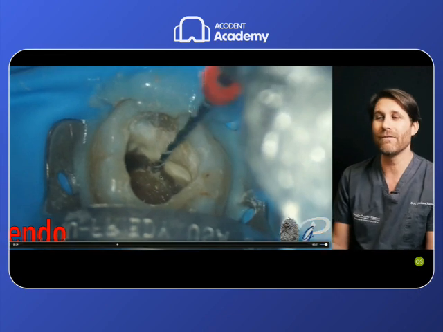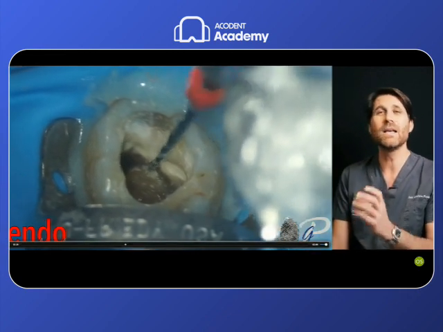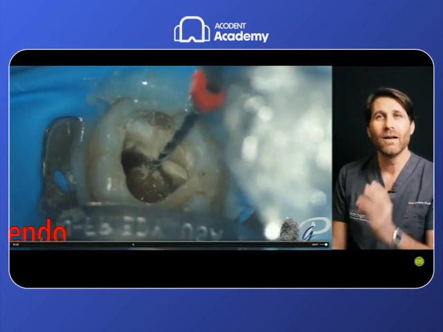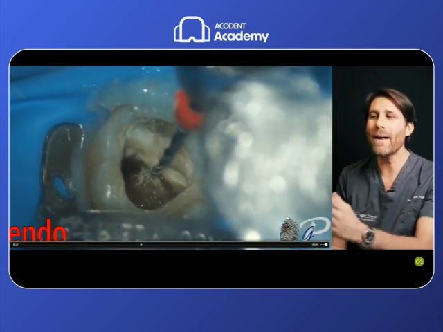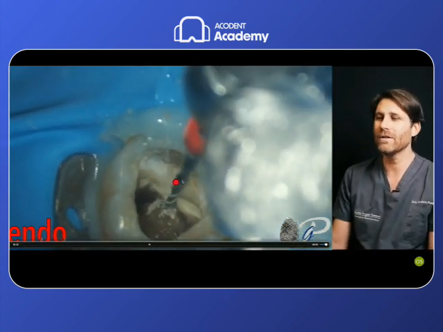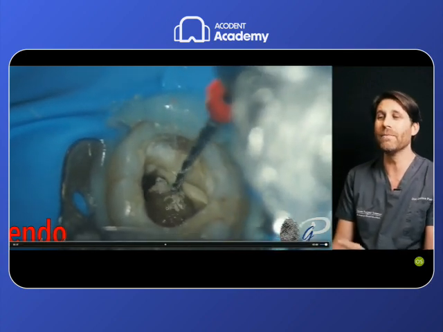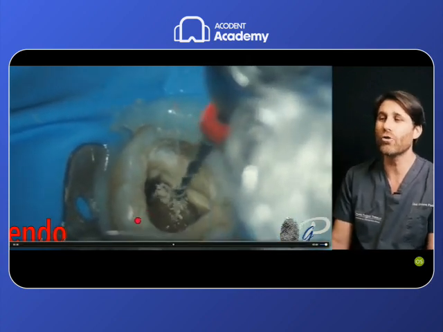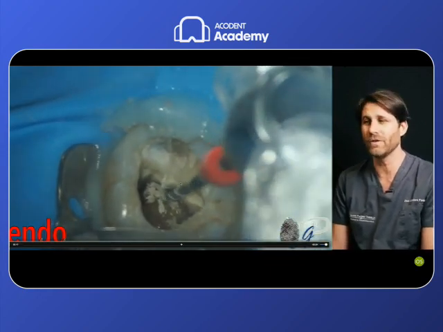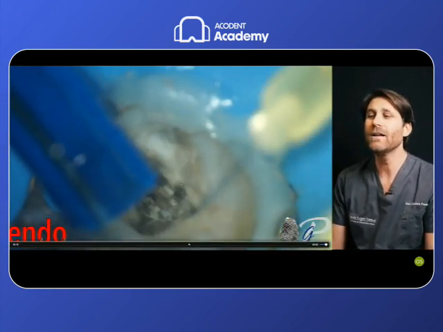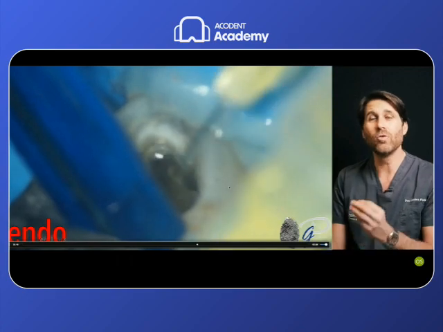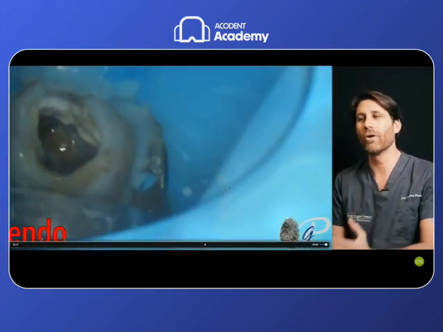The tip, 25 taper 8 for 3 millimeters, is flexible enough, but has enough metal mass to penetrate these coronal interferences in this coronal trajectory. The flexibility of the file permits it to follow this coronal curvature without modification of this curvature, other than the modification that we need to penetrate this root canal, so the relocation of the orifice.